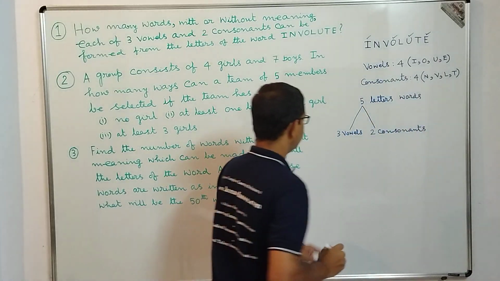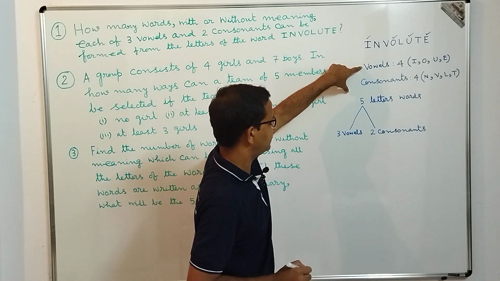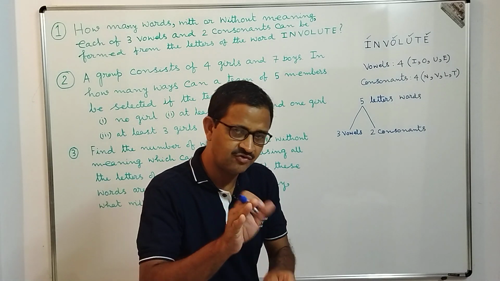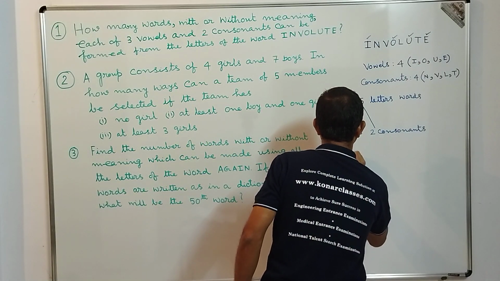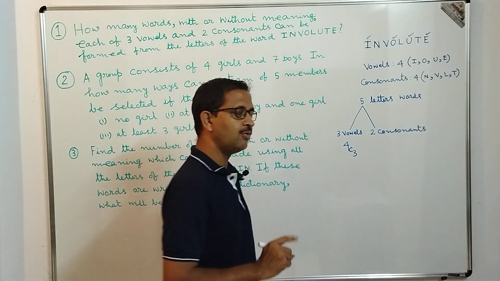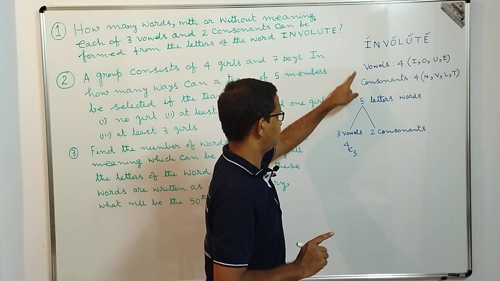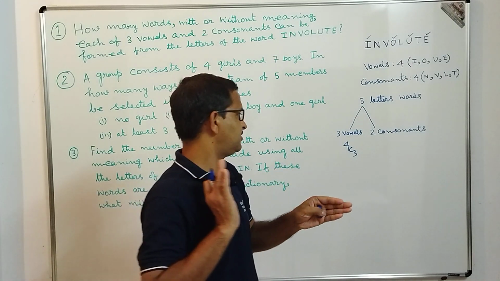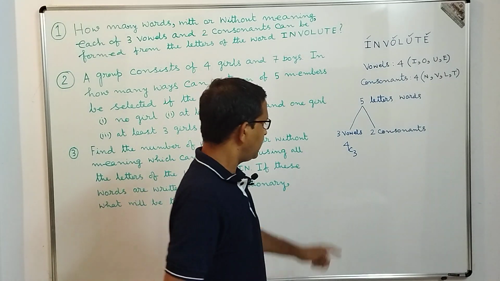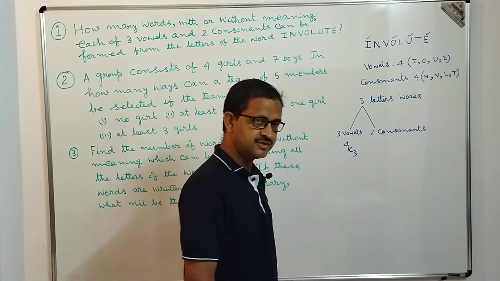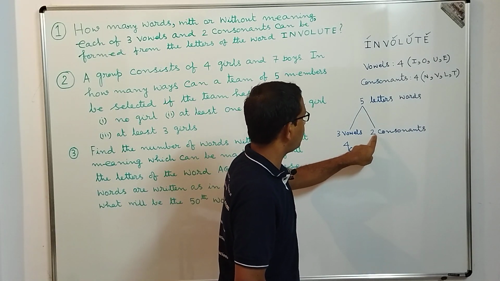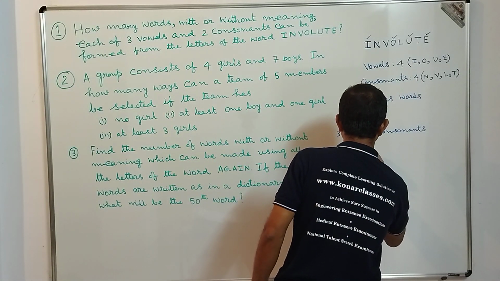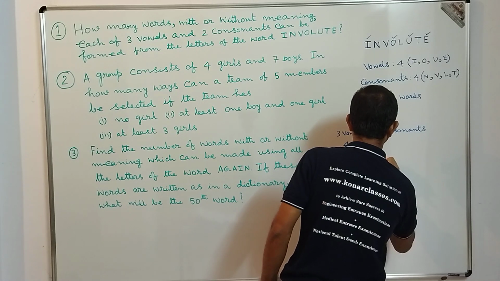Now dear students, how many total vowels are there? 4 vowels. Now from 4 vowels, in how many ways can we select 3 vowels? 4C3. So the required number is 4C3, selecting 3 vowels from a set of 4 vowels. That means from 4 distinct objects we are going to select 3 distinct objects, 4C3. Now for each of these choices of vowels, we can select 2 consonants from the 4 consonants in how many ways? 4C2. So there should be the principle of multiplication, 4C2, correct?